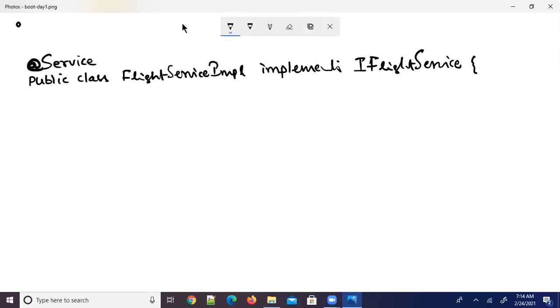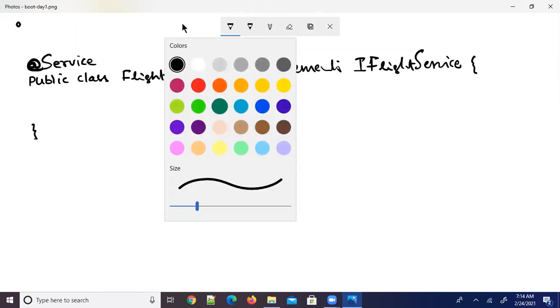Assume that this is code. It's a class in the service layer of my application.